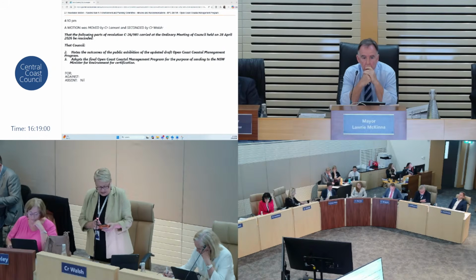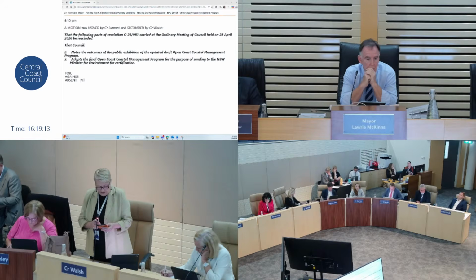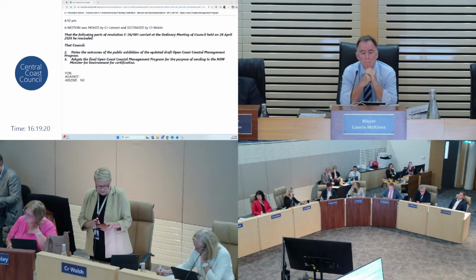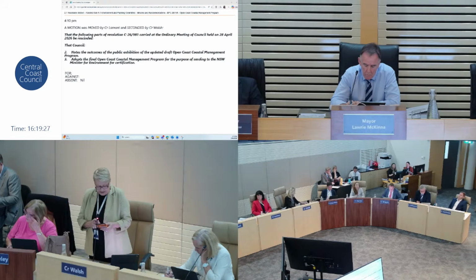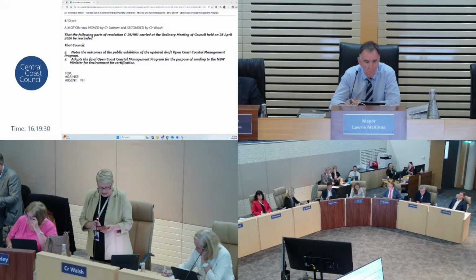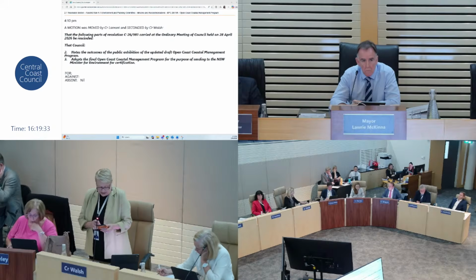This rescission motion is about restoring integrity to that process. The public exhibition outcomes were clear. The community overwhelmingly supported offshore sand nourishment as the preferred first response. The community overwhelmingly raised concerns about hard coastal protection structures, including seawalls, because of the very real risks they present: beach loss, scour, transfer of erosion impacts, and the gradual privatisation of what should remain shared public coastline. And yet the version adopted by Council weakens the practical priority of sand nourishment and leaves open a pathway for engineered hard protection to proceed ahead of the very strategy the community supported.